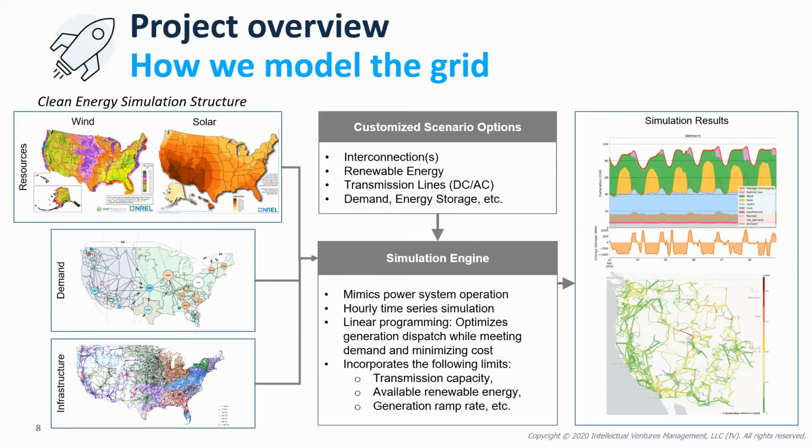As I mentioned before, electricity dispatch generation must always be equal to demand. And then we also incorporate some real world limits, such as the transmission capacity and available renewable resources, as well as the generation ramp rate, which means the